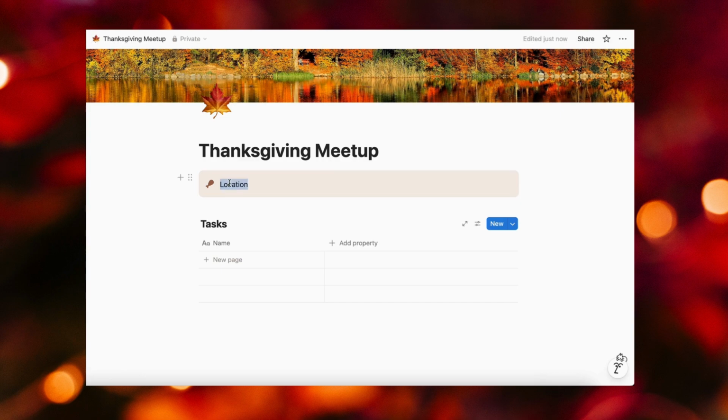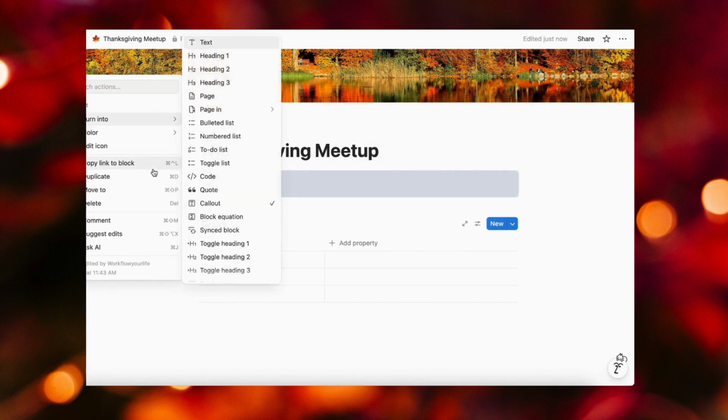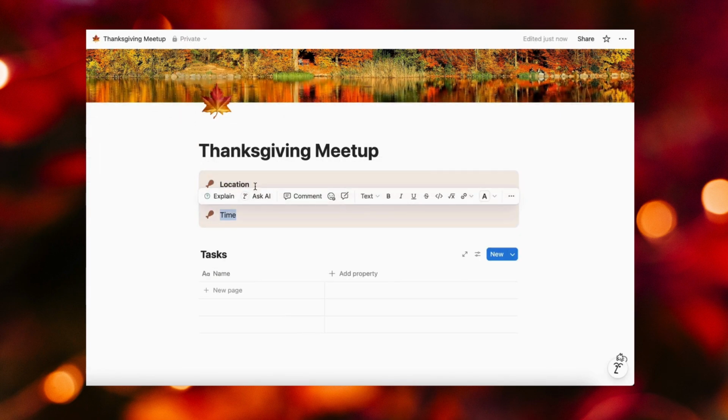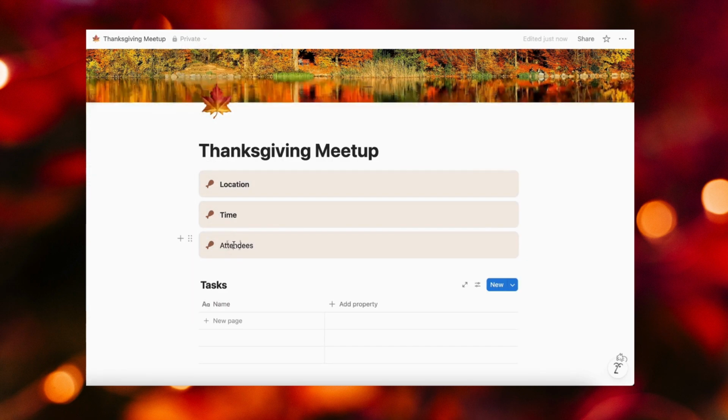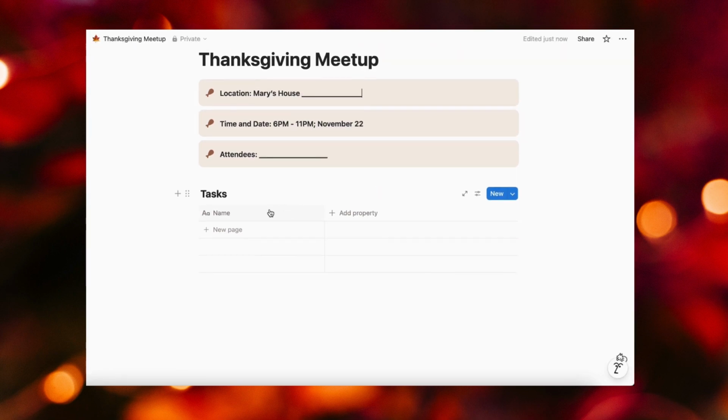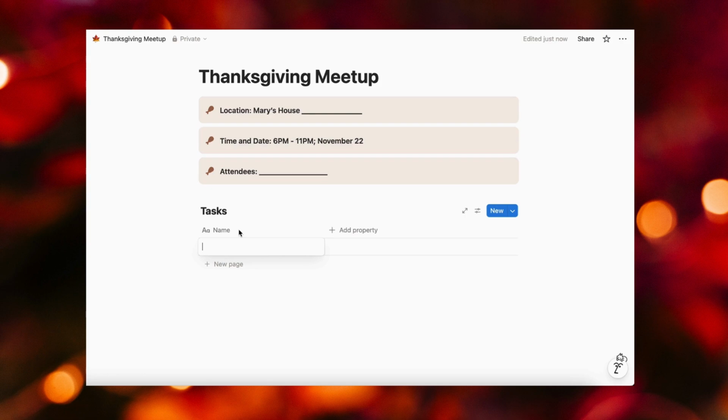So let's do location. Just going to duplicate this time. So you could type it out here. I am not going to make it an address, but yeah, so insert address here. Okay, so hypothetically, this would be maybe